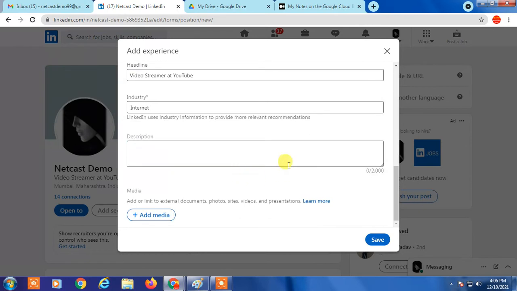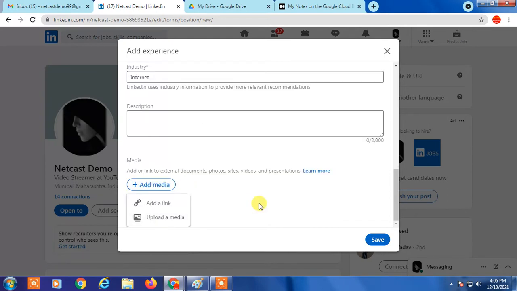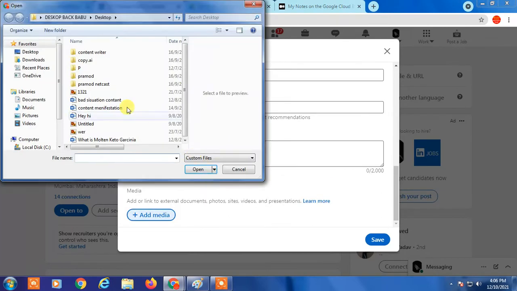Now here you have to write something about yourself. Talk about your profile, your experience, your hobbies, and everything. Here you can see add media. You have upload media, and you can upload your resume from here.